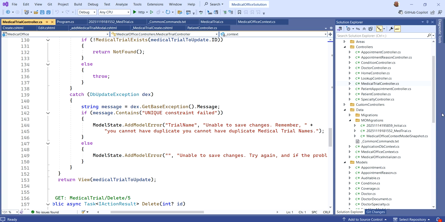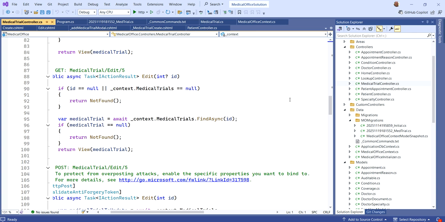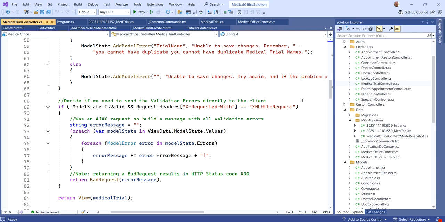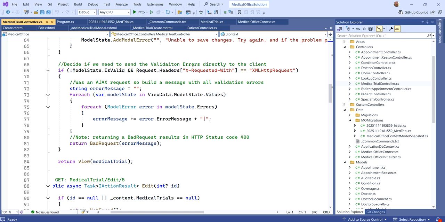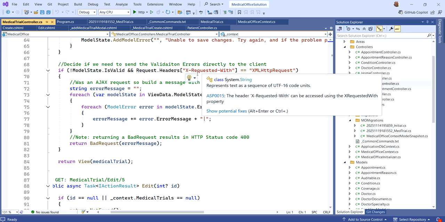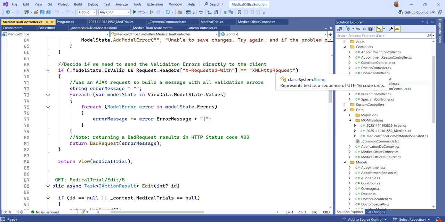So actually I do have the code in place. Now it's really just a create that we're concerned about here in terms of our client side. So I've already got it in place. After the try catch is finished, decide if we need to send validation errors directly to the client. Basically, if the model state is not valid, and this tells us that it was an AJAX request, an XML HTTP request, then we're going to build a message with all the validation errors in it. So I just prepare an empty string,